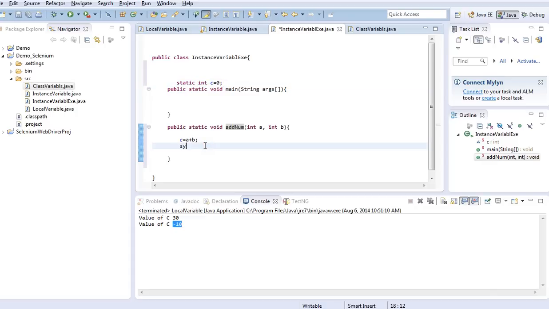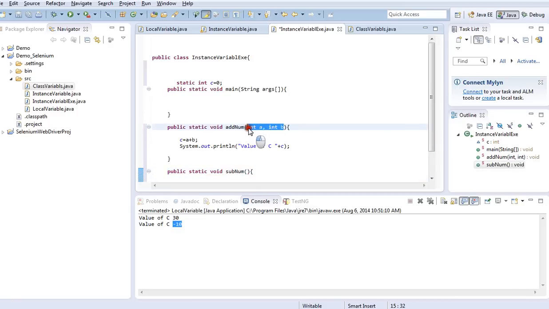Now let me print out the c value in System.out. I will say "value of c" plus c. Okay. Now let me create one more method, public static void. This time I will say sub num, and again I will pass those two values as arguments, and I will say c equals a minus b.